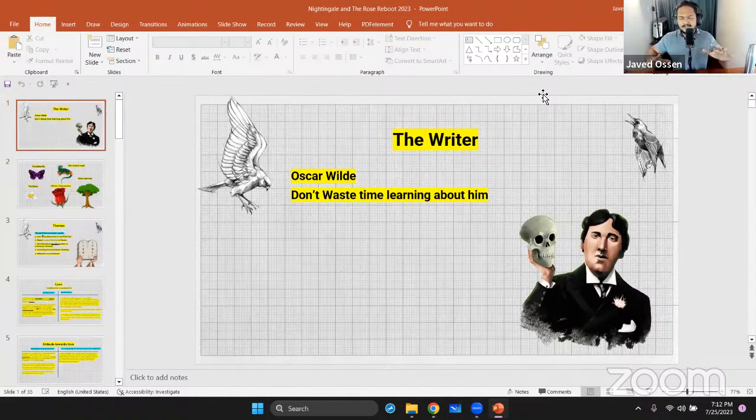And I promise you, literature is crazy easy, unexpectedly easy if you have a good teacher on your side. I will serve you as your good teacher, as your friend. I'm your Javed sir, right?